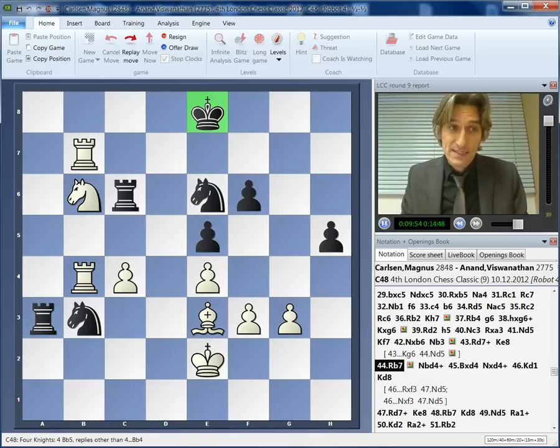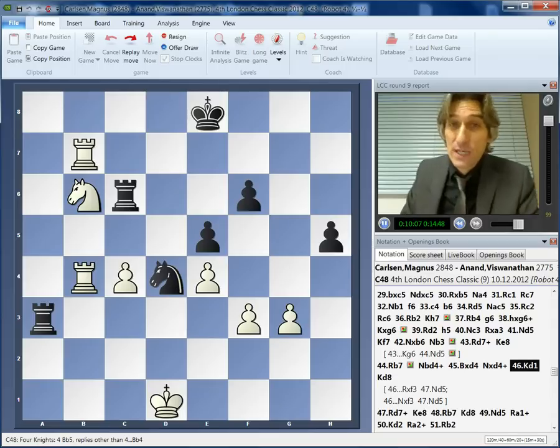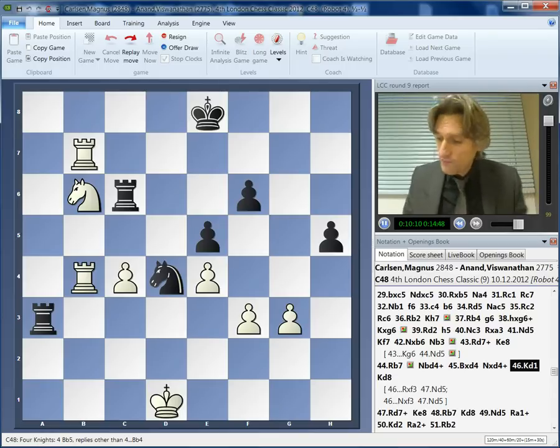Because it's stuck on the back rank. You can see it's cut off. You know, just needed to get this rook into play and the king could be in desperate trouble. But Anand, well, here, because Anand had been playing so quickly, would you believe he thought for, I think he